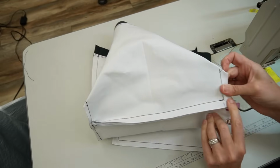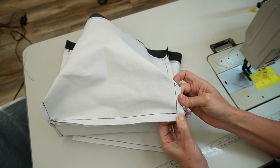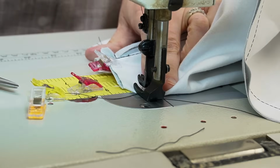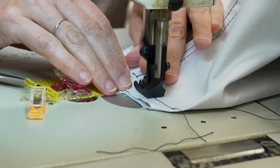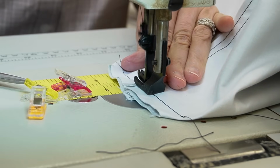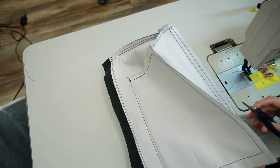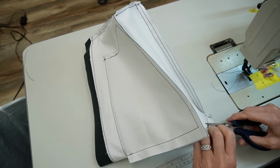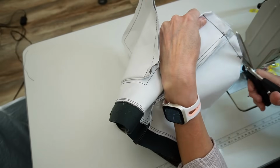So there's 1/2 stitched, and see how I just stitched right directly to where I left off, right there. So we'll just do the same thing over here. So either method works just fine. Just do whatever you are comfortable with. And then we're just going to go ahead and